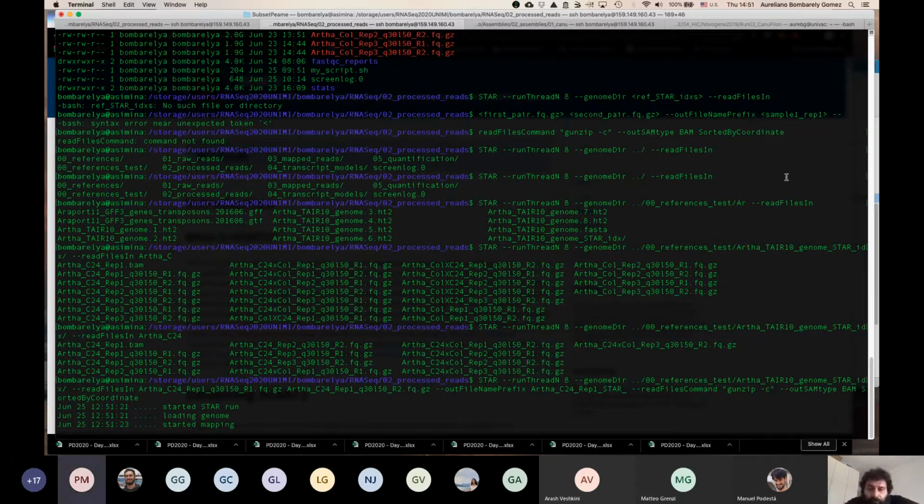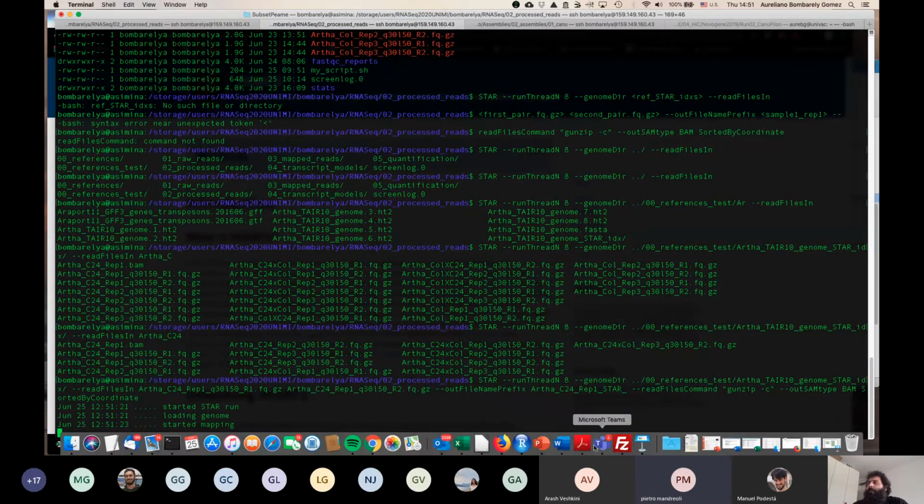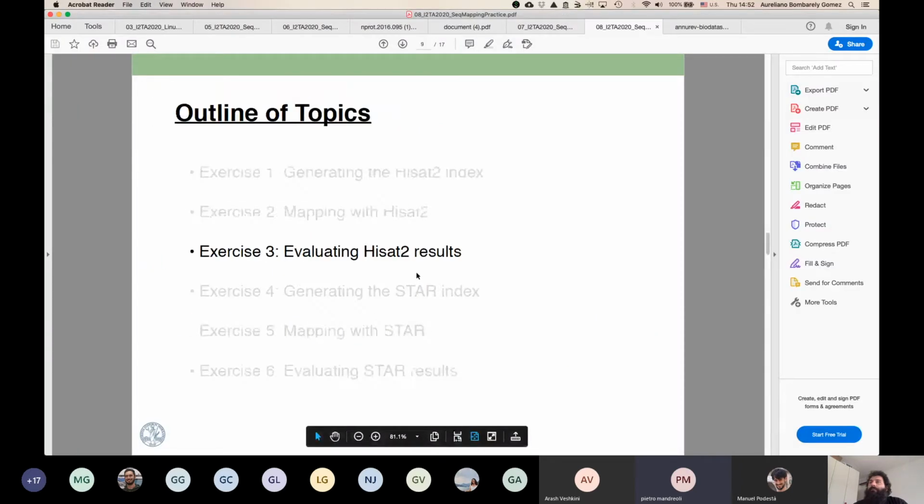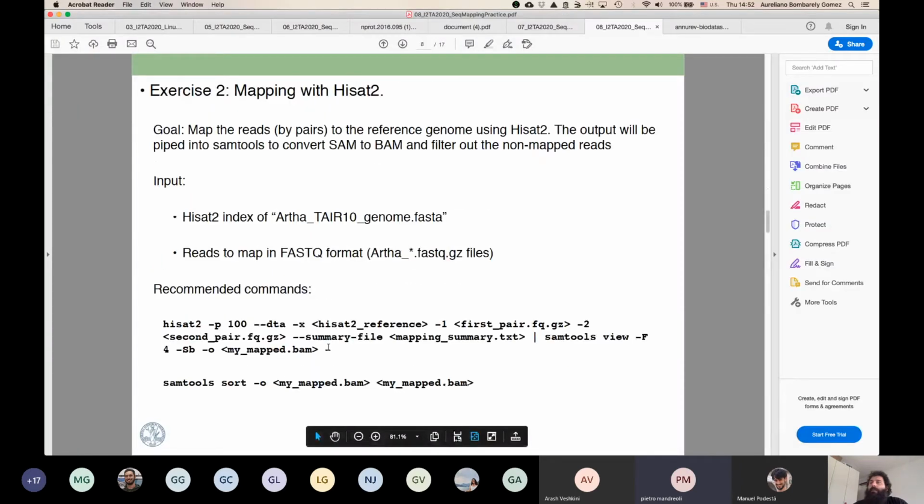I haven't understood the minus at the end of the command, so BAM sort. No, the minus at the end of the command. Here, let me see. Yes, I haven't understood the meaning. Sorry. The meaning is telling some tools to be prepared to receive the input